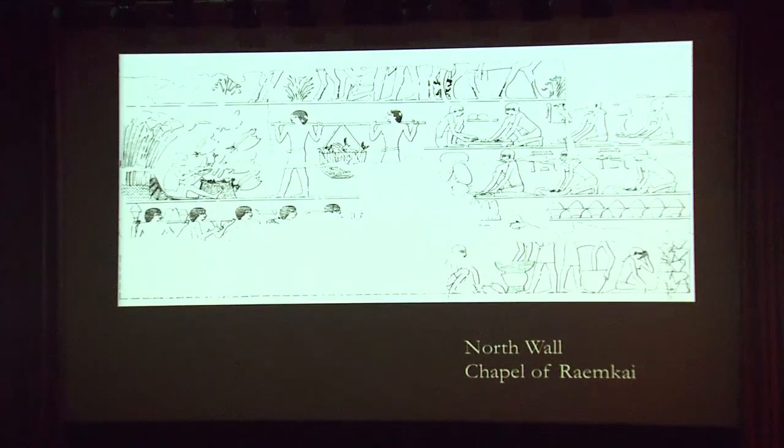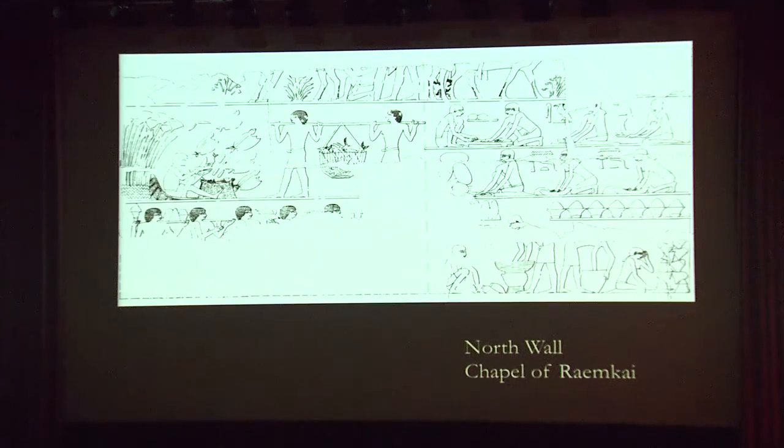On the left of the lower register are more offering bearers, and this is a bit of a problem because they are turning away from the west wall, they are turning away from the false door, they are not marching toward any image that we have of the tomb owner, which is a little unusual. So when we get one of these reversals in orientation, we try and come up with an explanation for it. And the explanation becomes clear when you notice that this wall is very carefully divided